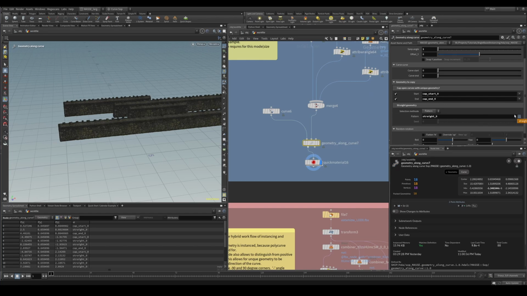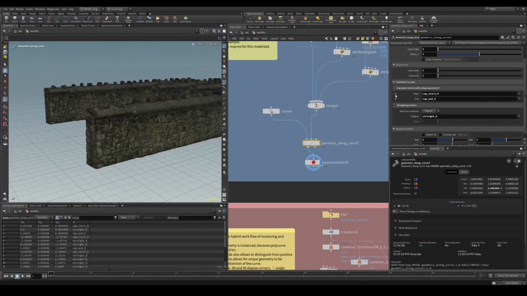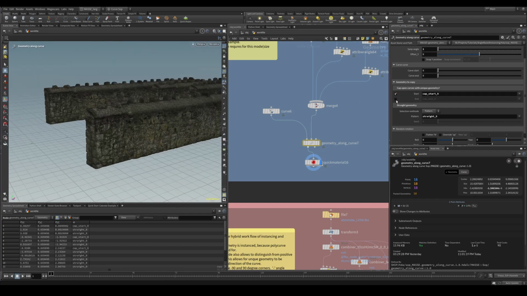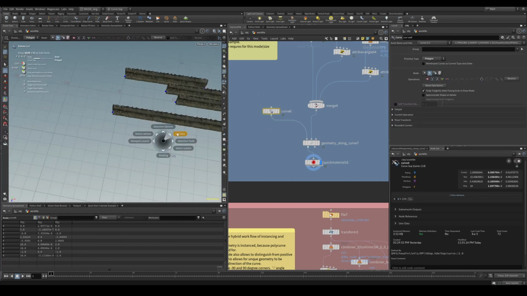And since I have only one straight geometry, you can see it only gives me the option to instantiate this straight piece 0, but I still have my cap geometry. You can see this cap geometry, I can disable it, on both sides like that. And really, this geometry only works with this straight